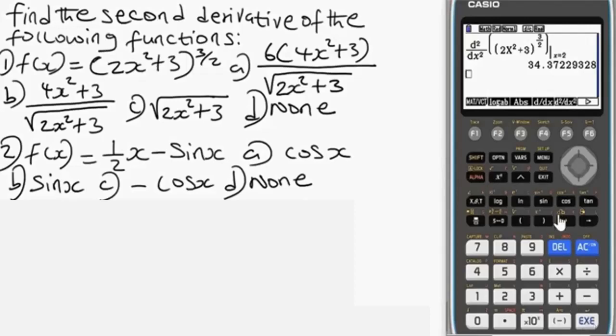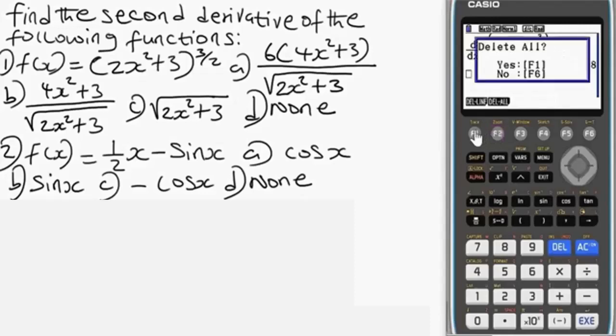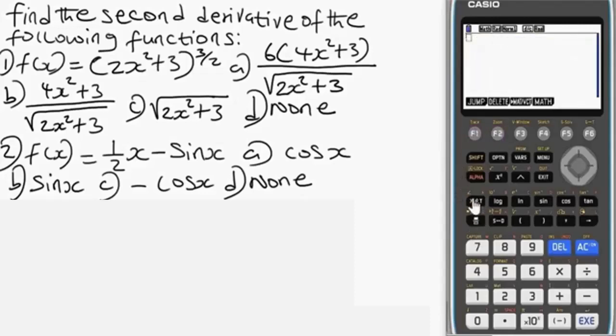So let's delete everything we have here. Remember, we have 34.37. So you press exit, delete. Okay, so let's begin with option A. In fraction, we have 6 in brackets, 4 x alpha x square, plus 3, close the bracket, then over, we have the square root of 2x squared